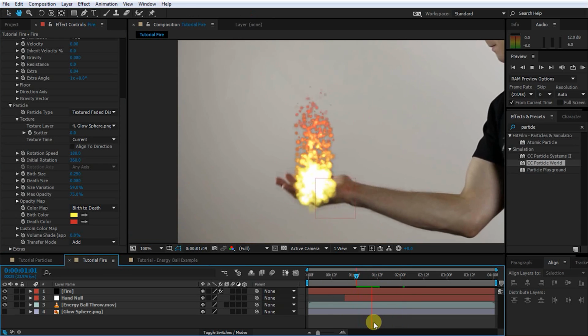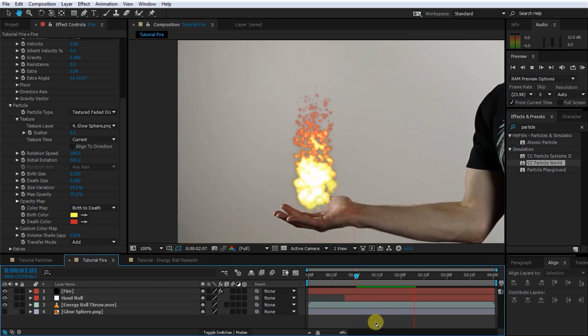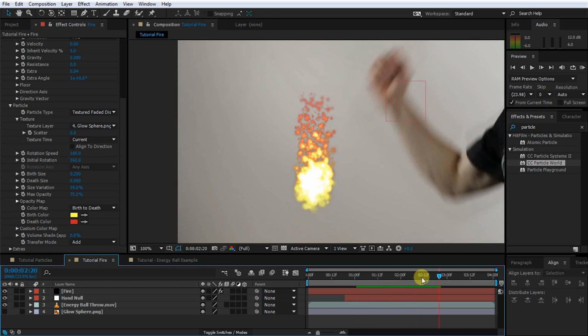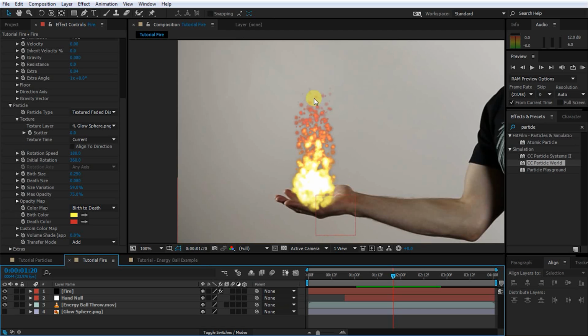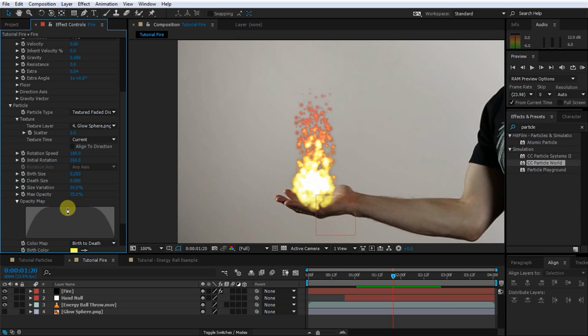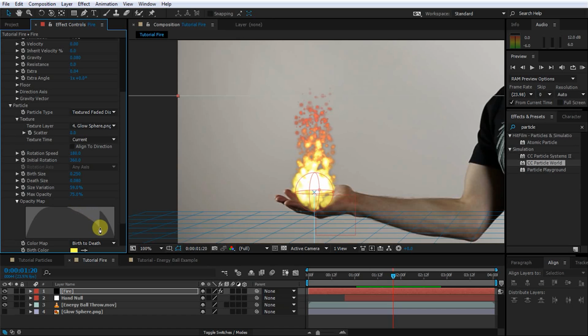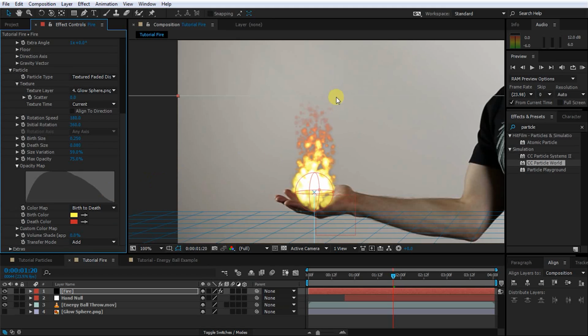Let's scroll back a little bit and play this back. Sweet, it's starting to look a lot more like fire. There are just 2 more things I'd like to tweak. First, open up the opacity map and draw a little bit more of a softer fade out into the particles. This just ensures that the particles, once they turn red, fade out a little bit softer and don't just suddenly disappear. Next, this fire has far too much yellow and very little red at the tail end to me,